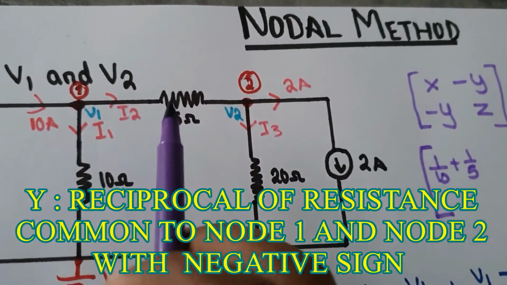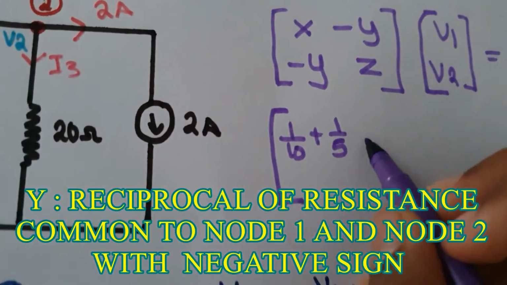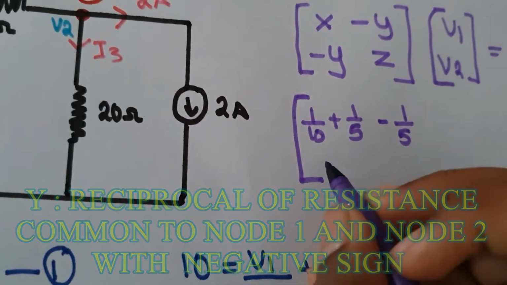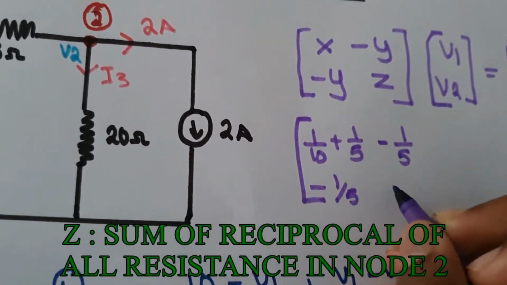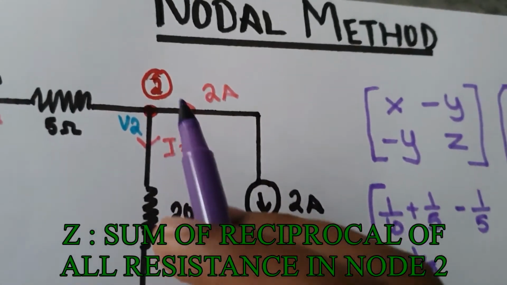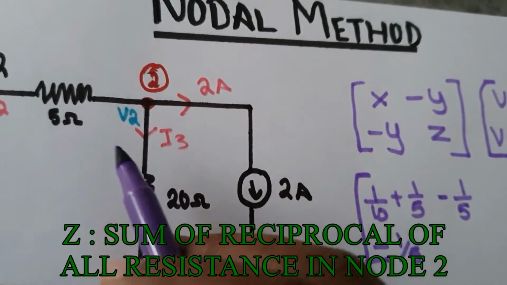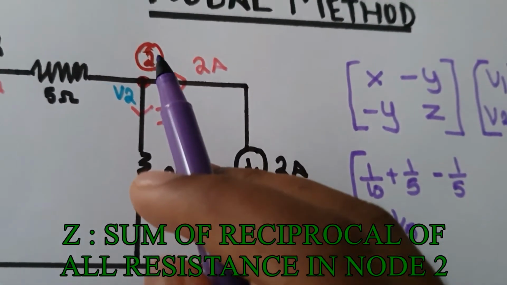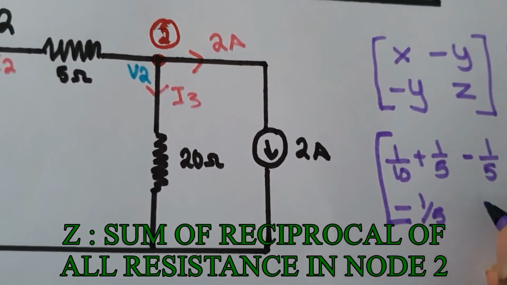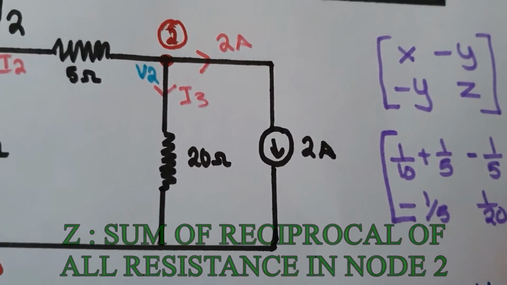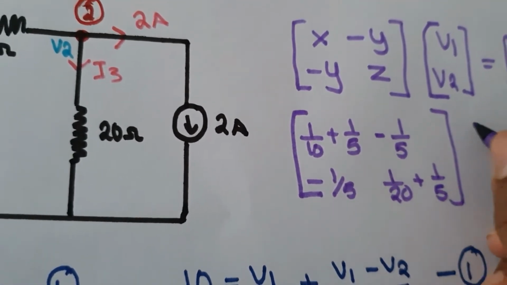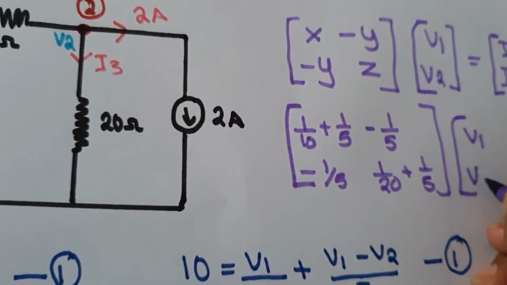The common resistance is 5, and the reciprocal is 1 by 5, and it will always be negative. Then z, you already know, will be the sum of reciprocal of all resistance connected to node 2. So here you have 20 and 5, so it will be 1 by 20 plus 1 by 5. Now you can write V1, V2